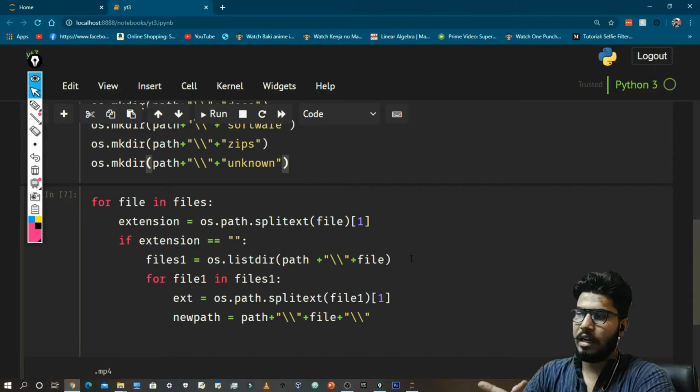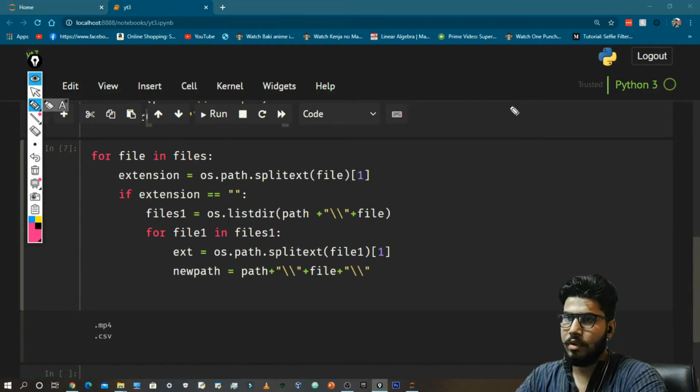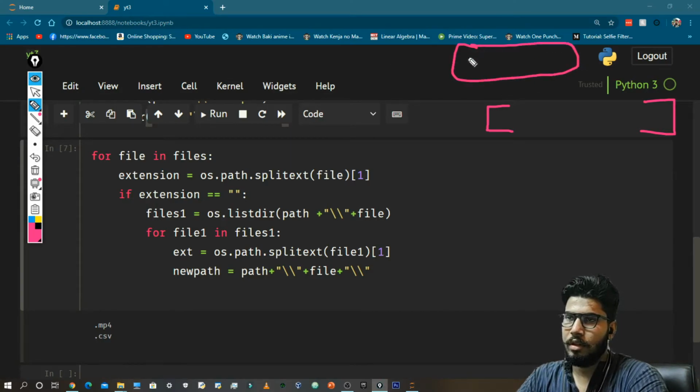Okay, so what are we going to do? Now we need to check whether, inside the folder, the file belongs to audio, the file belongs to video, or the file belongs to any other kind of extension.